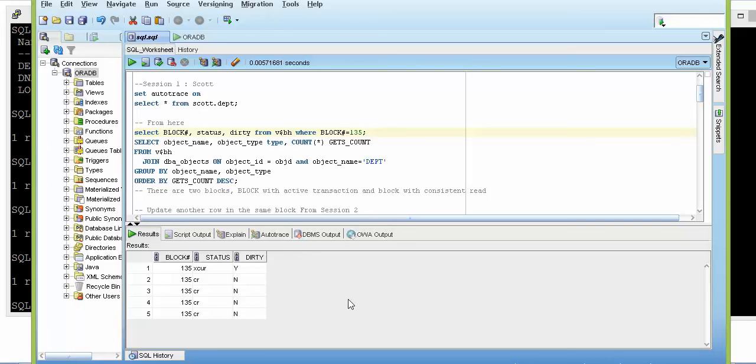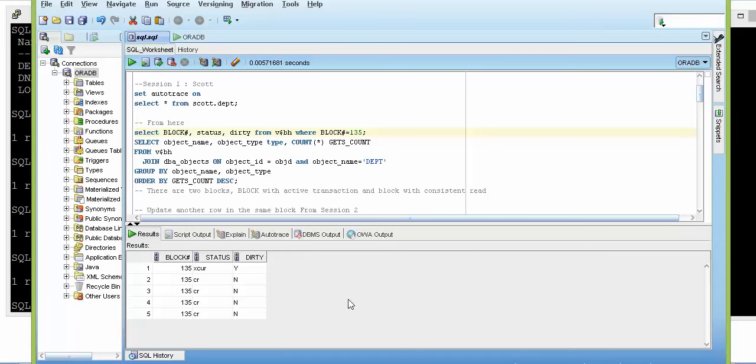So if you are doing a transaction on the data block, and if there are multiple users doing it on the same data block, definitely multiple users can also select the same data block. And please make sure, now there is proof for you to say that the same consistent read block is not used by all the users reading the data. There are multiple consistent read blocks created for every transaction that happened, because the SCN number keeps changing. And that is the reason why I named this particular block title as flooding the database.